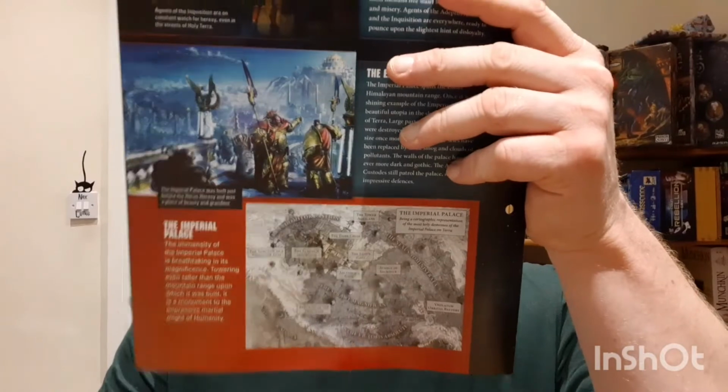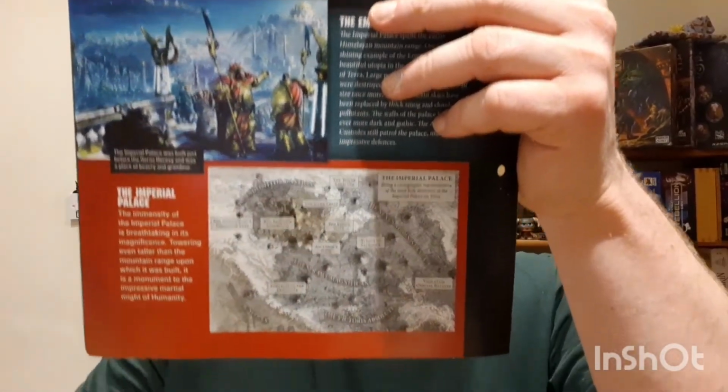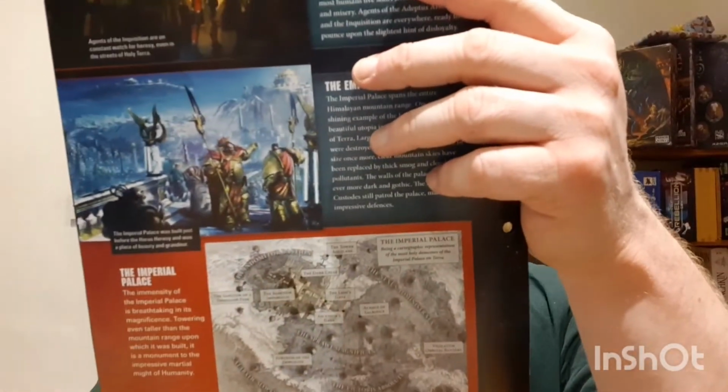And then it goes on to describe the palace itself and give a map there. That's not me making the howling noise, that's my doggy down here. Yeah, which will probably be heresy under pain of death to possess that map if you're actually in the 40k universe. It then goes on to the hierarchy of the Imperium, with the Adeptus Astra Telepathica, which are basically the